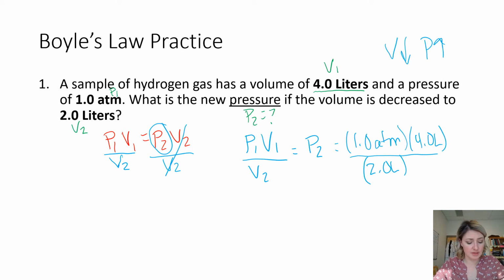Multiply across the top, divide by the bottom, and we wind up with 2.0 atmospheres for this. So my final volume has increased, which is what we expected when we decreased the volume. And I am going to maintain 2 significant figures here because there are 2 significant figures given in each of